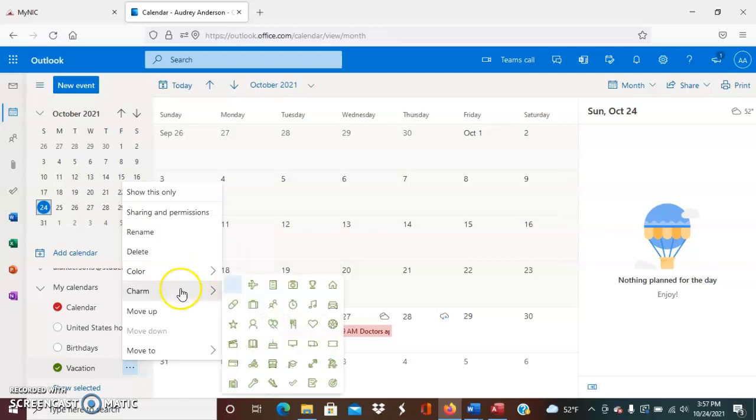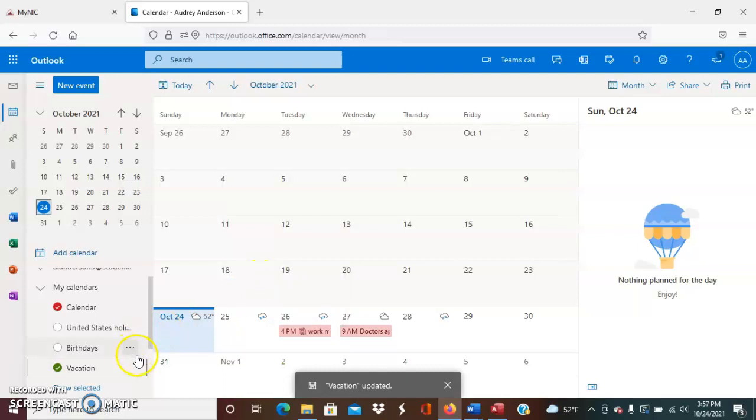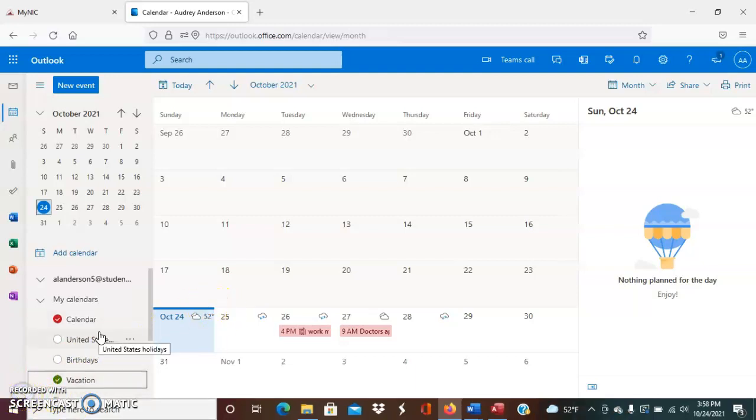It also allows you to add a charm. So I could add this little plane to my vacation one just to make it a more simplified layout so that you don't waste time looking for certain events that you otherwise would have been able to see very easily with that color coordination. So now that you're more familiar with how to edit and hide certain calendars,